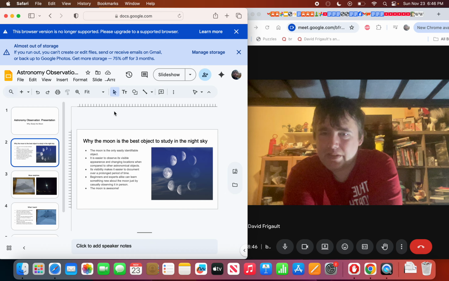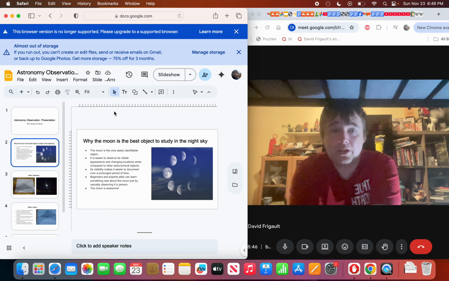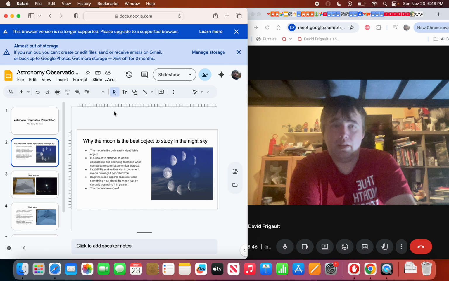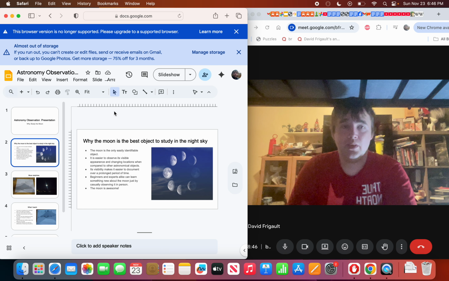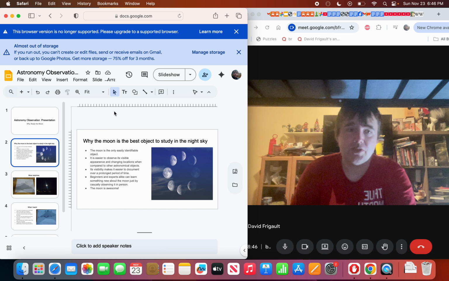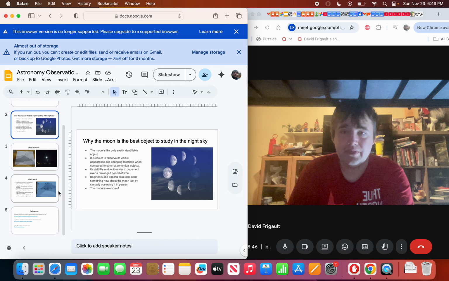It's also one of the few objects that can be easily documented over a prolonged period of time, because other stars, I mean, if you're advanced enough in the subject, you can probably observe stars up in the night sky, but the moon is one of those objects that you can easily identify without having to really think too much about it. So it's easier to document its patterns, its orbital period, and lunar phases, and all the other things along with it.